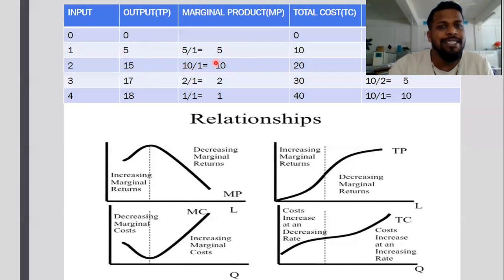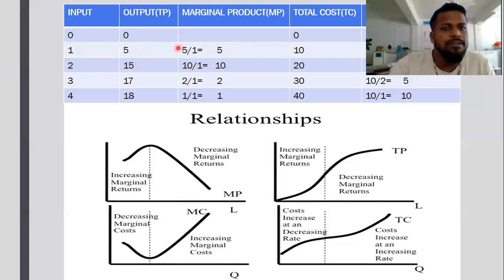So that's why we consider it a marginal product. Did you get the idea? Previously you can see that when I employed the first labor, he additionally produced 5 units. So I can say marginal product is 5. When I employed one more labor, the total output increased from 5 to 15. That time marginal output increased from 5 to 10. That is a marginal product.